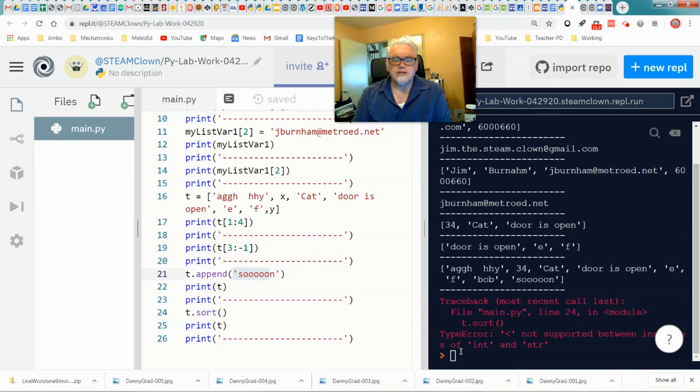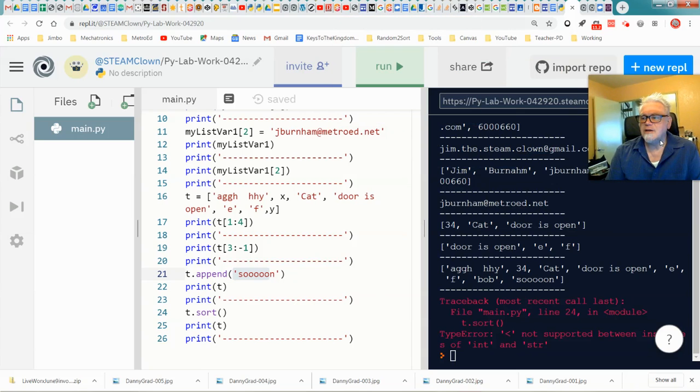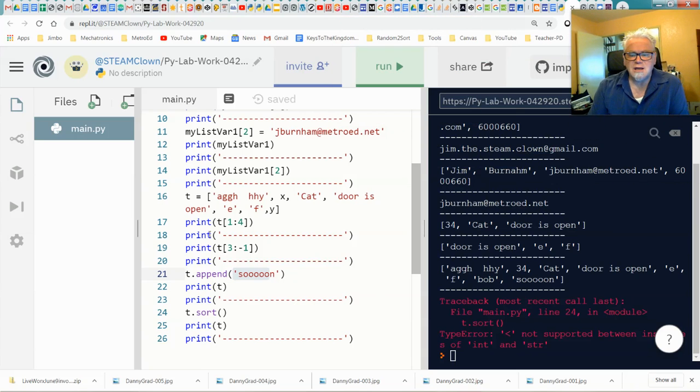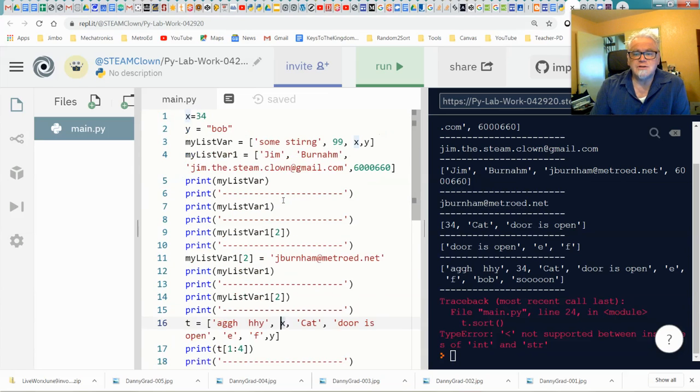So basically it's saying you can try to sort this list, but because it's a mixed list, that doesn't work. And so what I did was, instead of taking the number 34 and putting it in here, I'm going to do a string conversion,